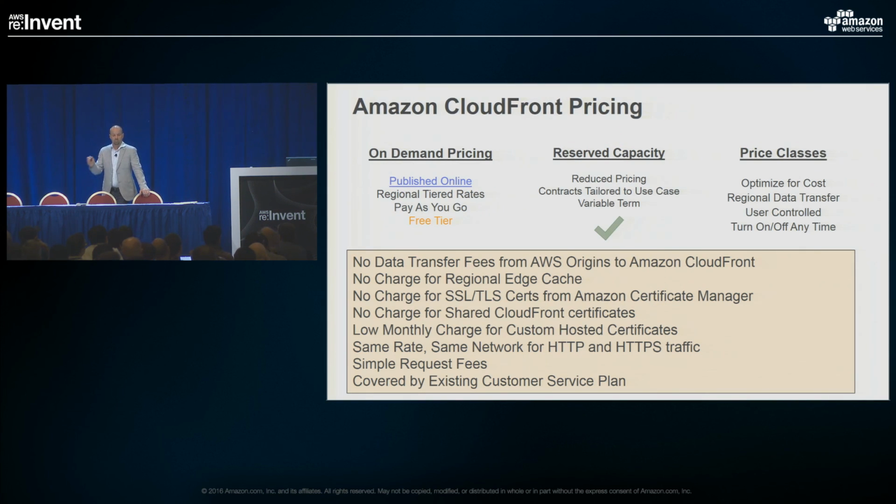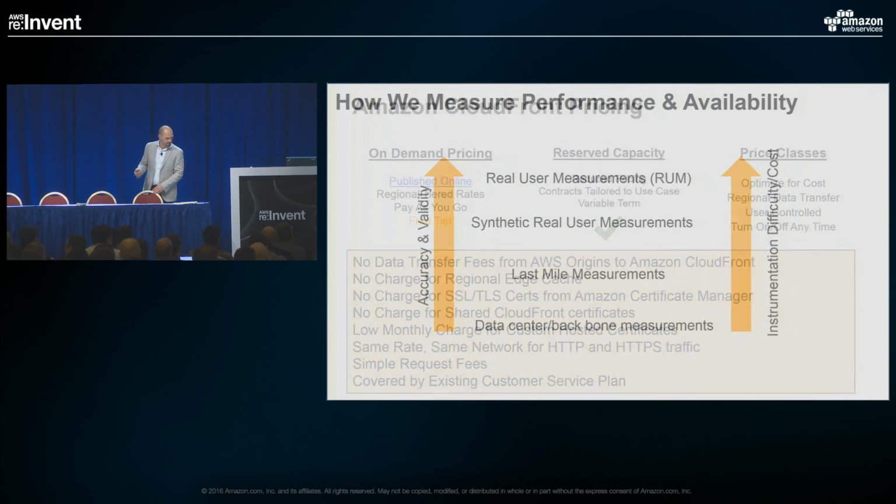As a summary, the different pricing options are on-demand, pay-as-you-go, the reserved capacity, and the price classes to optimize, which can be applied to either the on-demand or the reserved capacity option. Some of the highlights are listed in the box. I won't go through those because I kind of already did. This is just a good reference for you. So that takes us to one final component, and that is